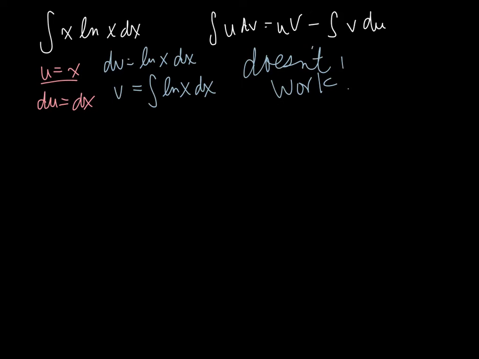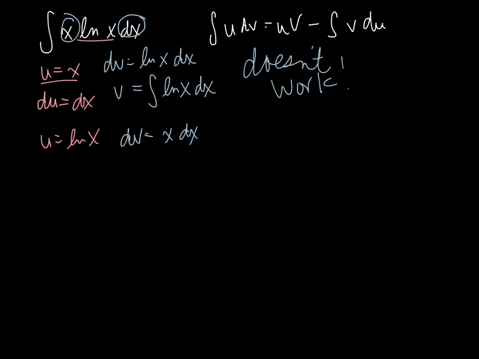So what we do is we start over. We choose a different function for u and a different function for dv. So if I chose u to be x and it didn't work, then that means I'm going to try ln of x to be my u. Now, when I take the derivative of that, it will be something simpler than what I started with, right? The derivative of ln of x is 1 over x. And so then dv is going to be x dx.